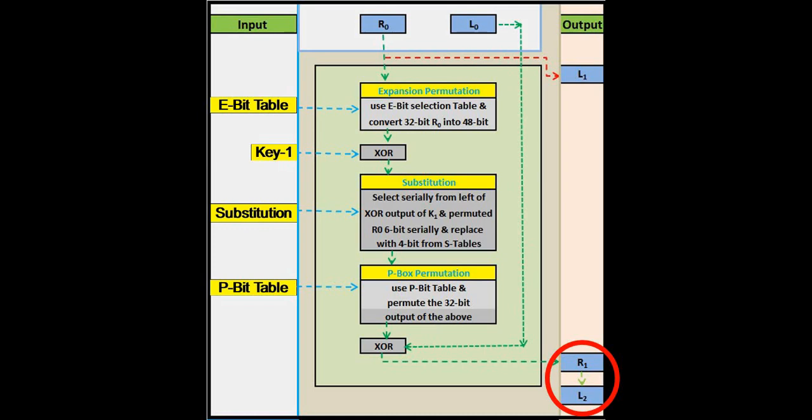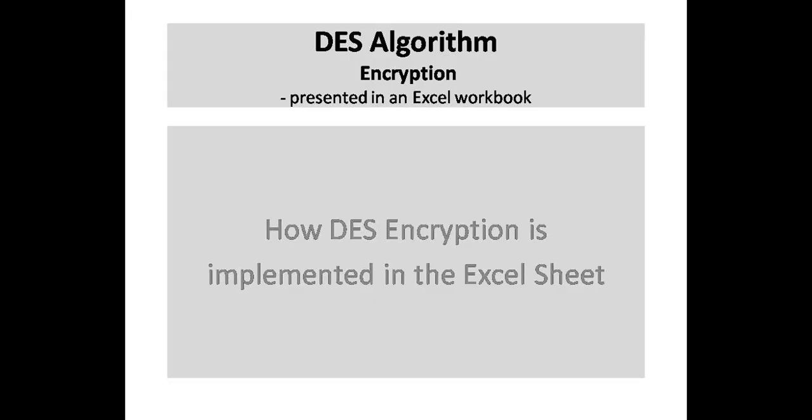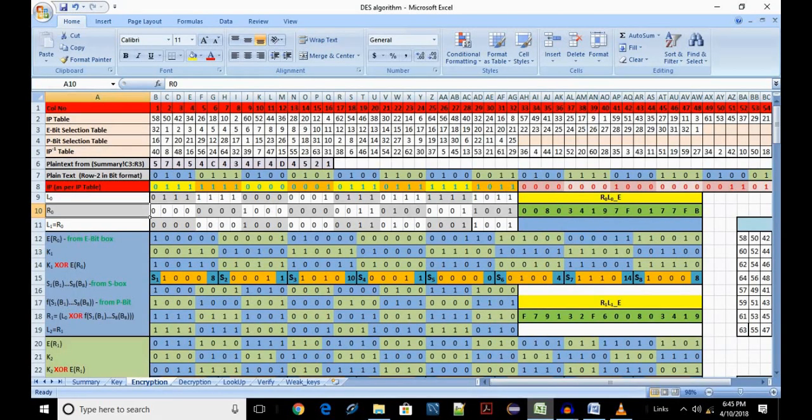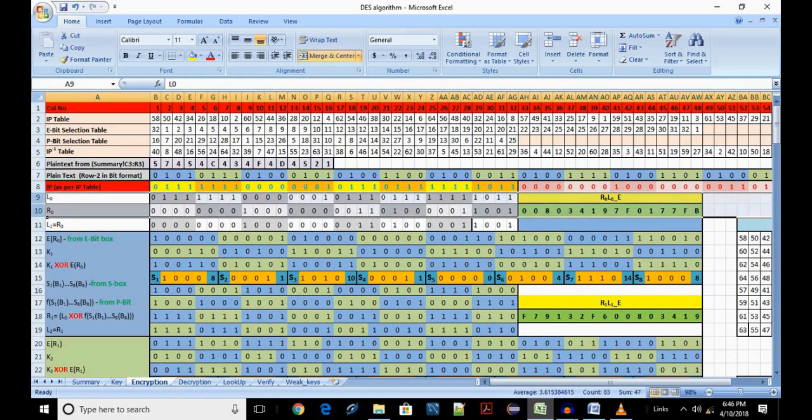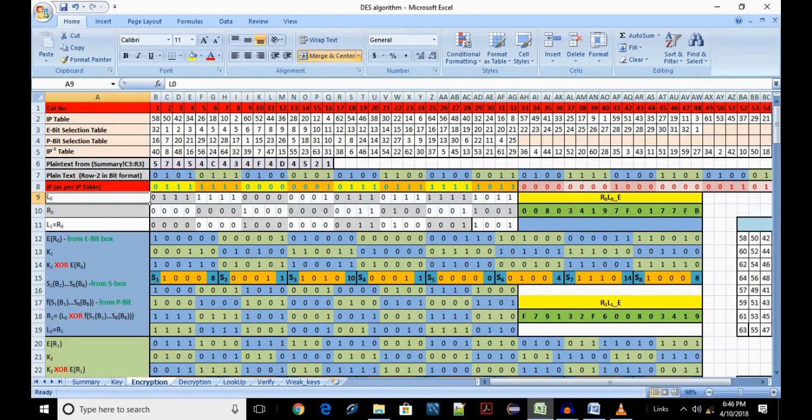Let us check the implementation of the above actions in our Excel sheets. Remember, we left off with L0 and R0 in rows 9 and 10. We leave L0 untouched until step 7. A copy of R0 is stored in L1 in row 11.